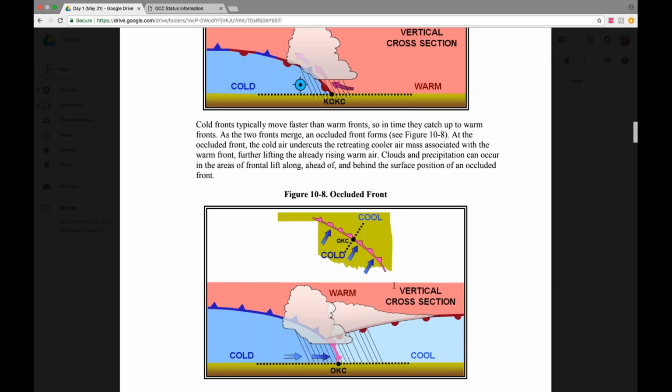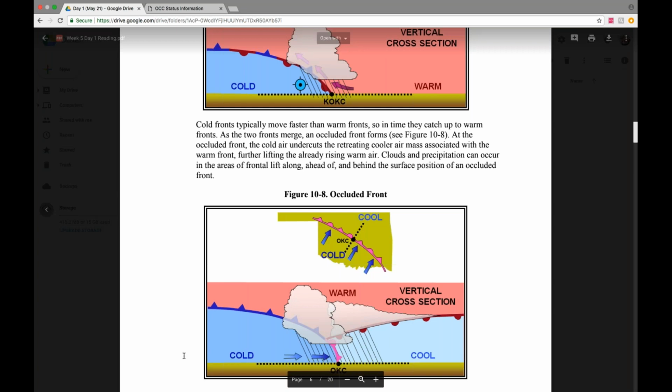So you've got warm air already rising as it's over this cold front, and then it converges with this warm front, and the cool's trying to overtake the other cool air mass. It's hard to explain it,